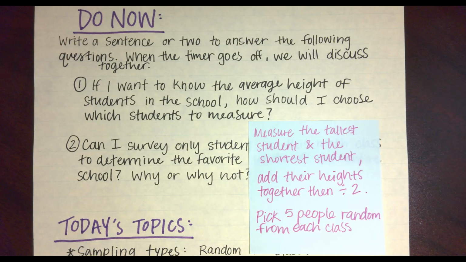We could measure every person in the school and then average that. We could pick 5 people from each class and average. You're going to get a little bit of a different answer each time, and your answer is really going to vary based on how you decide to measure it. So we don't know what the average height is. That's what we're going to find based on our measurements.